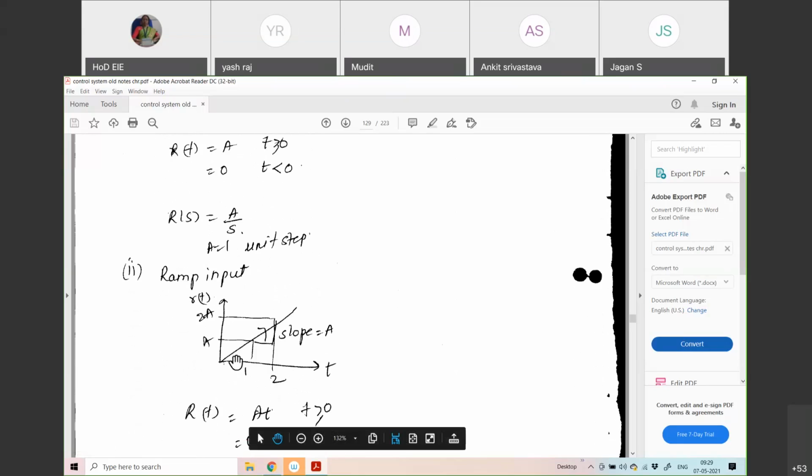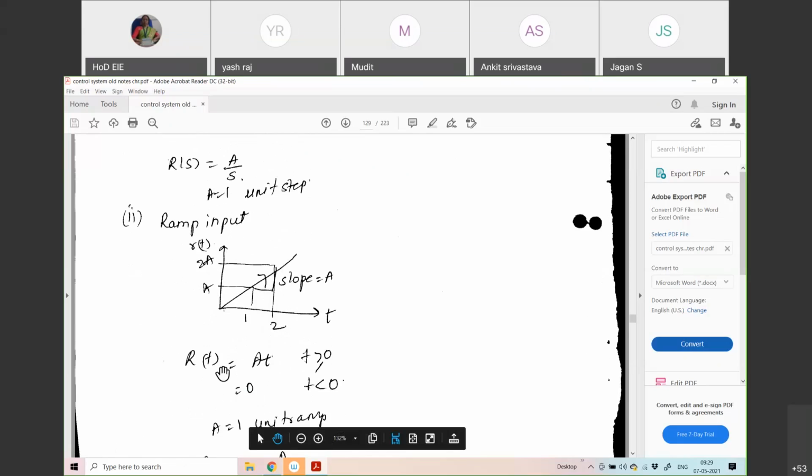Similarly, you have another test signal, which is called the ramp input or ramp signal. You can see the line linearly increasing, T versus R of T. The amplitude of the ramp may be A, 2A, etc. It linearly increases, and it is generally expressed as R of T is equal to A into T, where A indicates the amplitude. A can be 2A, 3A, 1, 10, or 100. The function to remember for the ramp is T, which governs the performance of the system. So it is a linearly varying system.